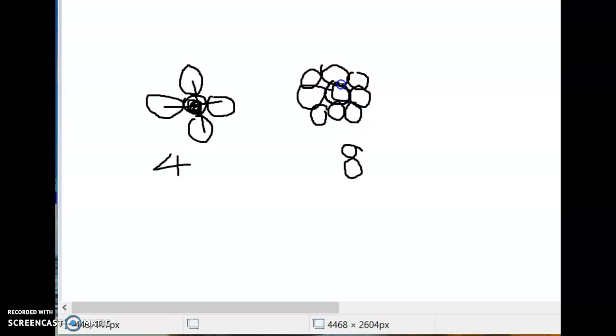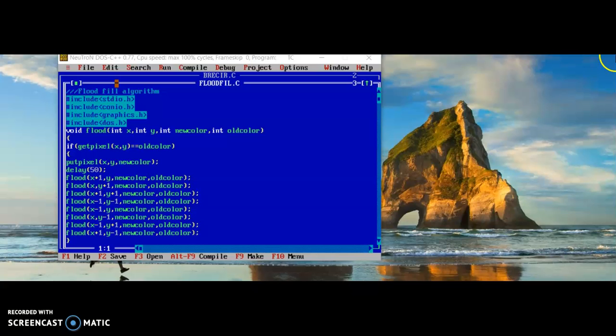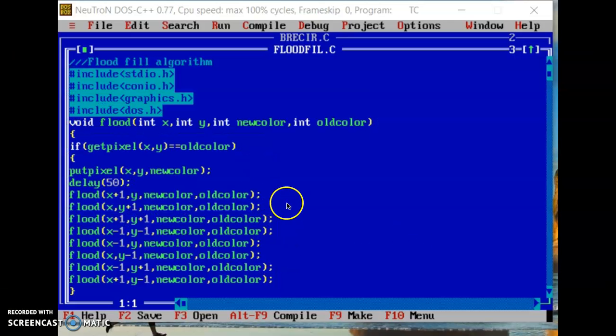This is my pixel xy, and the 8 pixels around it are considered in the 8-connected method. In 8-connected filling we fill these 8 pixels, and in 4-connected filling we fill only these 4 pixels. In this algorithm, we are using the 8-connected method.